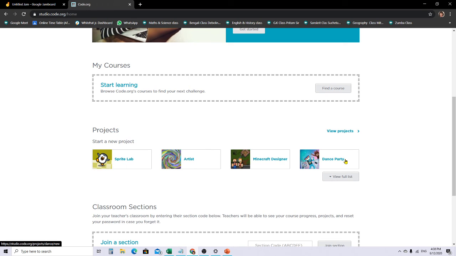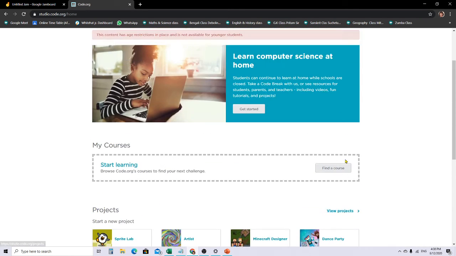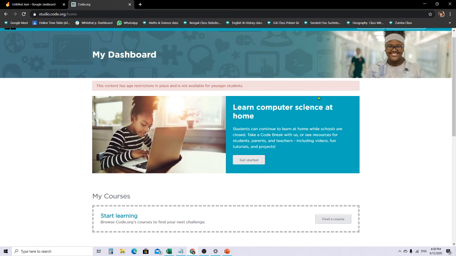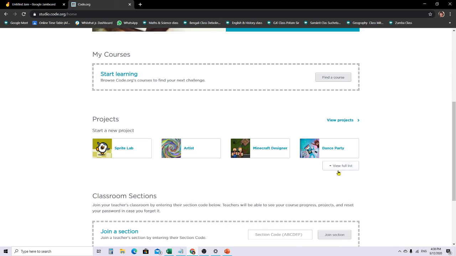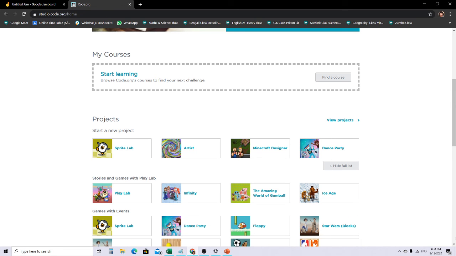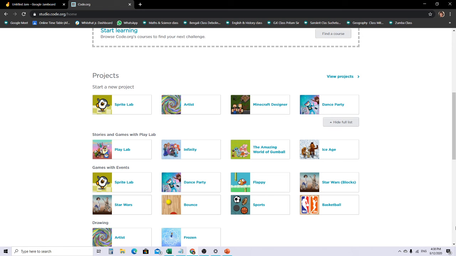You don't need to give money to code.org or anyone. Then you will go down, and over here you have a lot of new projects to do. You have Sprite Lab, Artist, Minecraft Designer, Dance Party, Play Lab. You can go for Artist. You can draw various things with Artist.